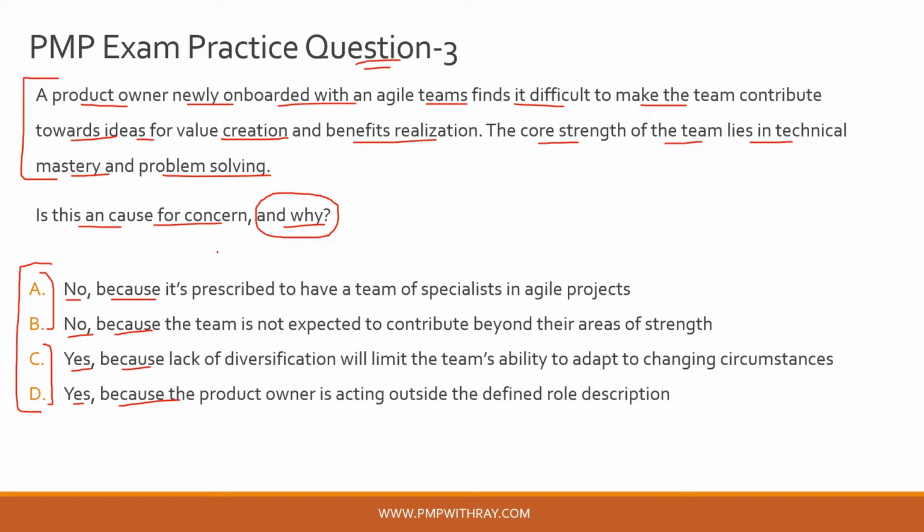Now here, if you see the scenario, there is a product owner who has recently joined an agile team, and he or she is finding it difficult to make the team contribute towards ideas for value creation and benefits realization. What this means is that whenever there are new ideas shared regarding the product, some improvement opportunities, some kind of technique, or some kind of feature which might improve the benefit of the product in the end for the end users, the product owner is struggling to get engagement